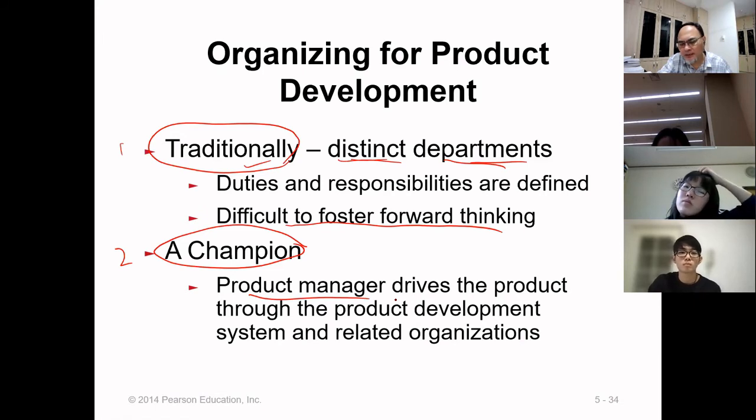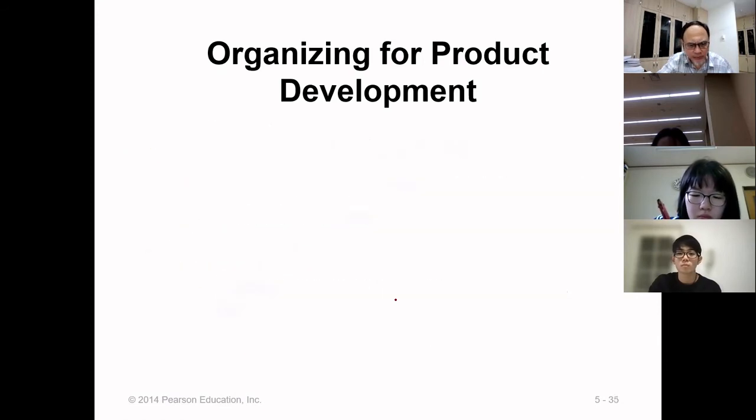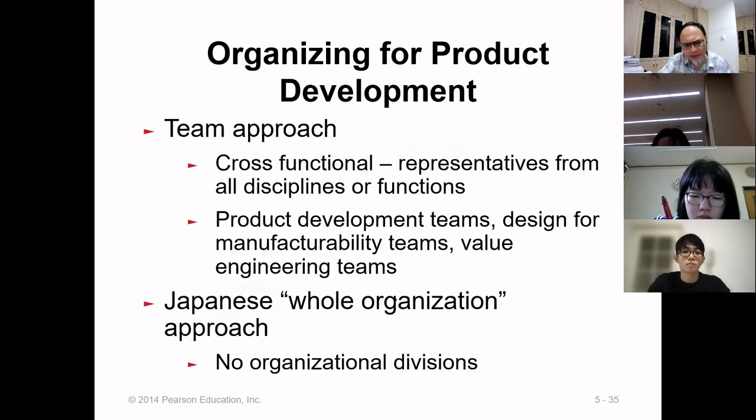Okay. So some car companies also use this method. Okay. They have a project engineer. Okay. Project engineer or new car project engineer or manager. Now, another way, the third way, is team approach. Okay, team approach. That means it involves all departments. Cross-functional means there are people from quality control, from production, from engineering, from process. So they call it product development teams. And